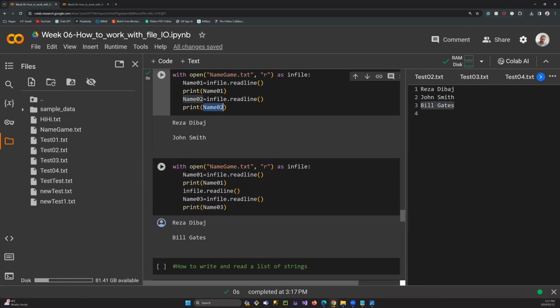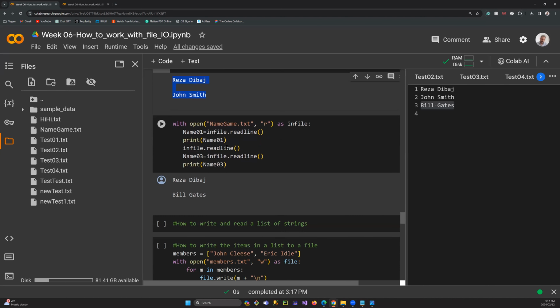And simply after writing those two, say print name01 and name03. You read,